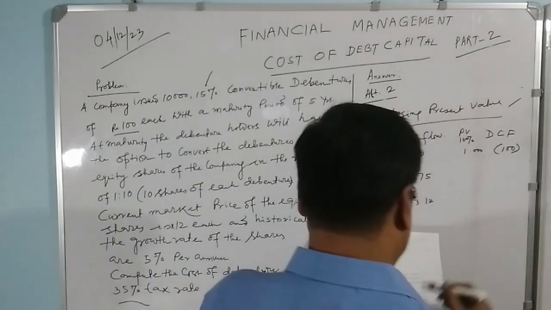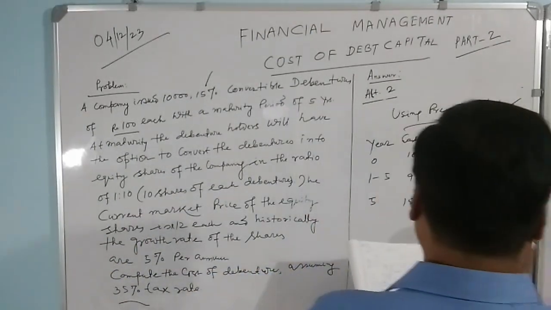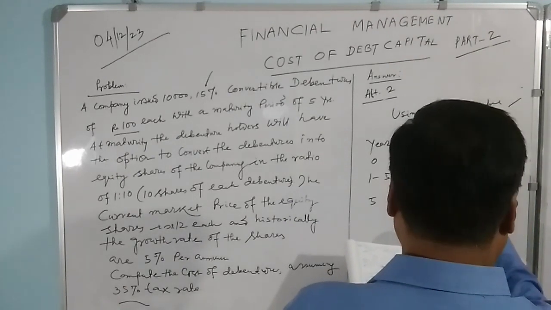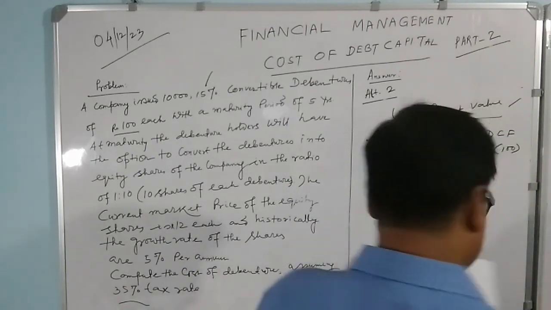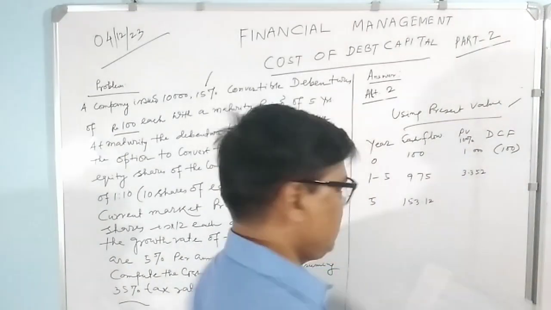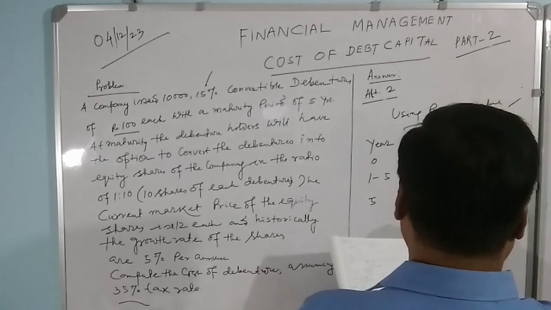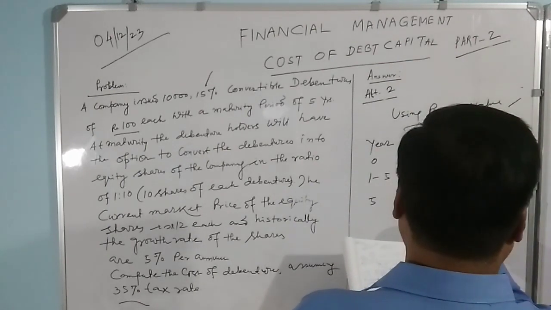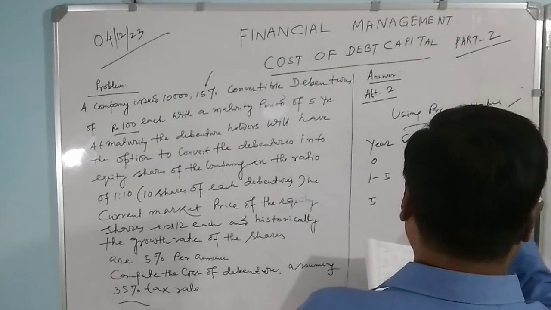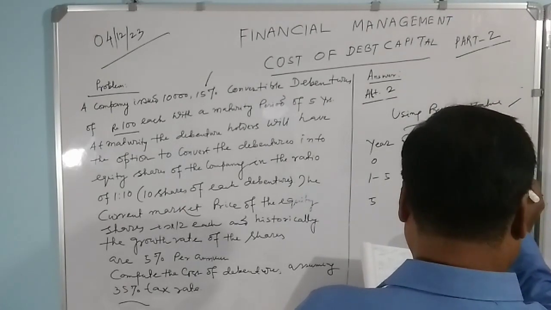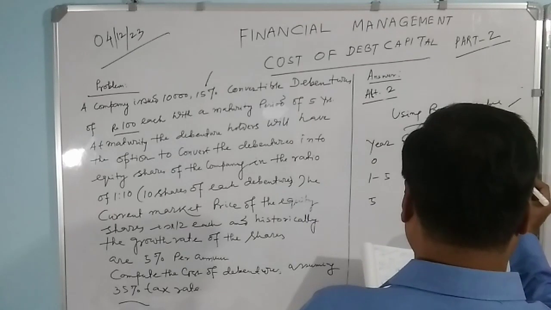And present value at 10% for this 9.75 annuity would be 3.352. So that present value chart, if you see that, you will get it. Then discounted cash flow, both multiplied, 9.75 by 3.352, it will come to 32.68, and